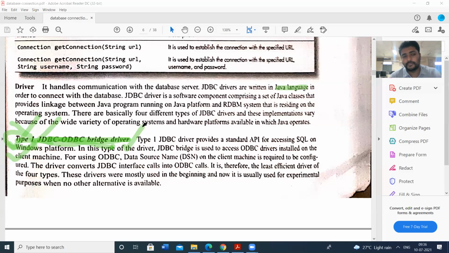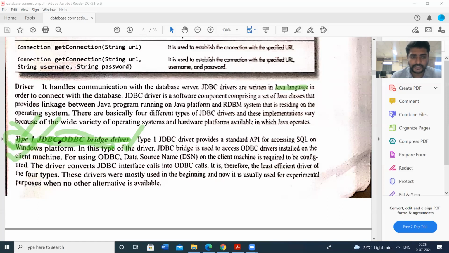Before Java evolution, ODBC drivers were widely used. That means ODBC drivers are supported by the C language and C++ language. Those are the platform independent languages. Before the evolvement of Java, those were the powerful languages at that time.